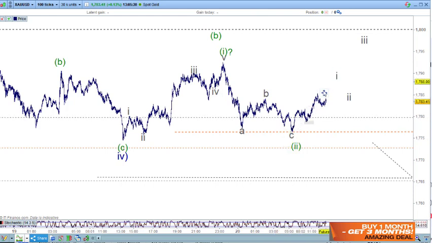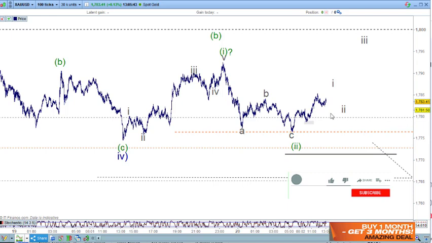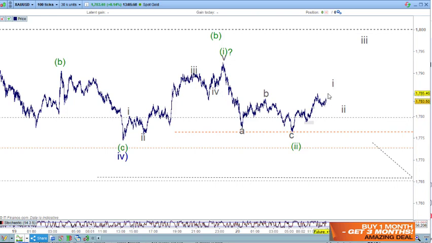So far up here, we've only got 3 waves up. This morning when I did the Australian video, we just had this 1 and 2, and we'll look for this 2 here and a push up there. So now I'm thinking, okay, let's expand that up a little bit. We don't have 5 waves up here yet, as 1, 2, 3, 4 and 5. So we'll see if we get that 5th wave. If we do get 5 waves there, then that's a good chance that we're going to get a 3 wave back and we'll head higher at that point.